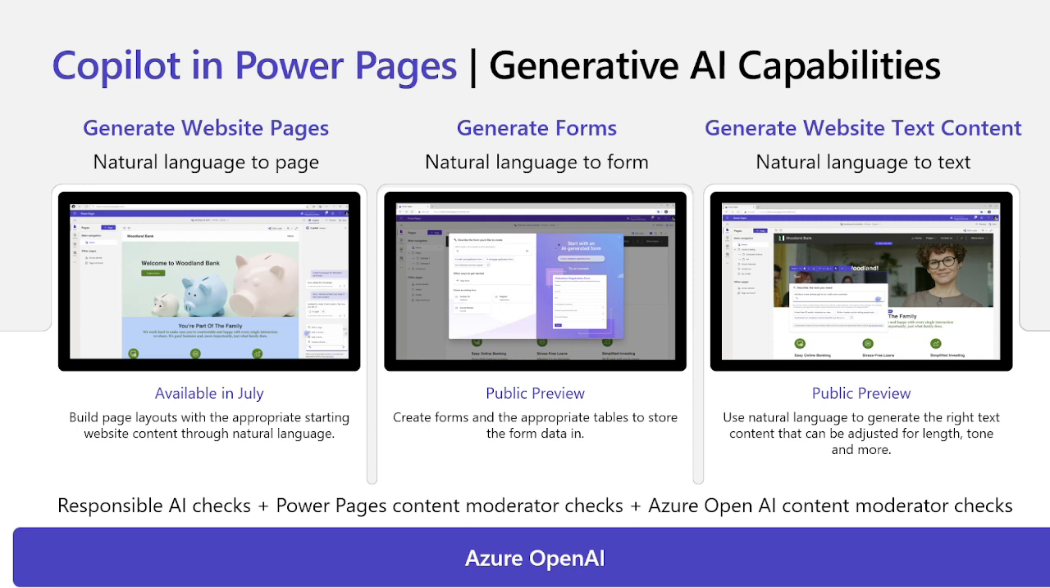You can say, I want to create a form for customer signups, and it will create fields and create a form for you based on the prompt. And the other